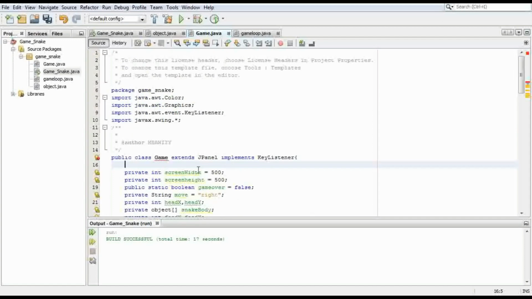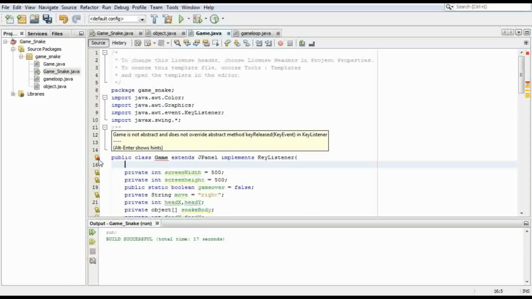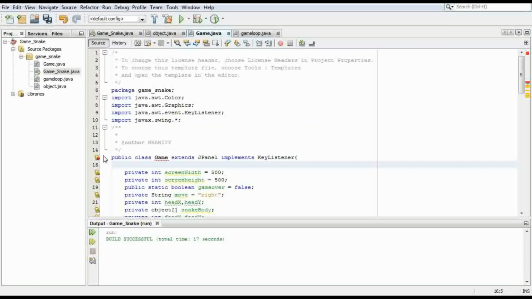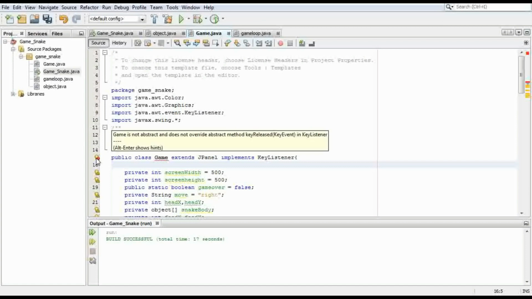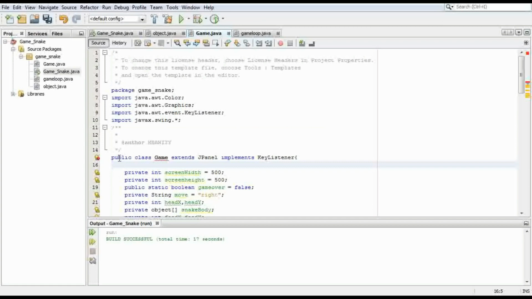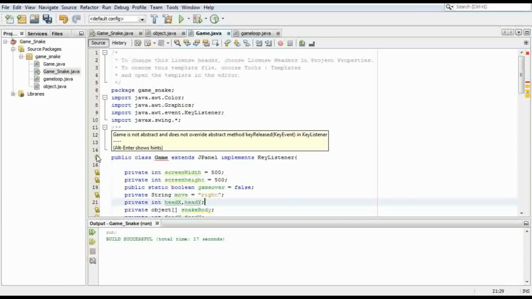When we implement the key listener, it gives us these errors, which mean that we cannot use it unless we override some functions. The functions we need to override are key release listener and the other key press listener. There are about 3 of them. Let's implement the methods they gave us. As you can see, we've got key released,